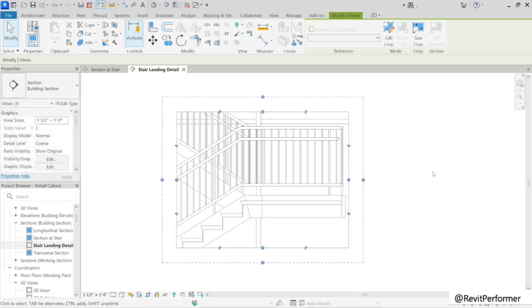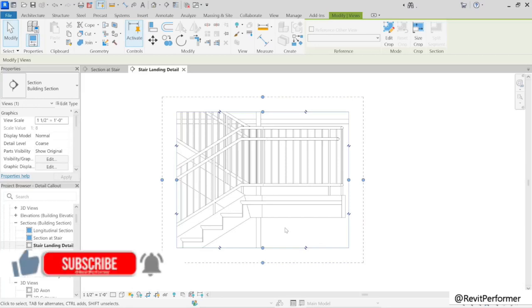We're simply going to crop in closer so that we're focusing on what's important for this detail. Now, that takes care of the stuff off to the sides, but we're still seeing some of these mullions off in the distance. Well, remember that crop regions are not two-dimensional, they're actually three-dimensional. So the extent of the view is a three-dimensional extent. So in addition to the width and the height, we've got a depth here. And you can adjust the depth on properties.